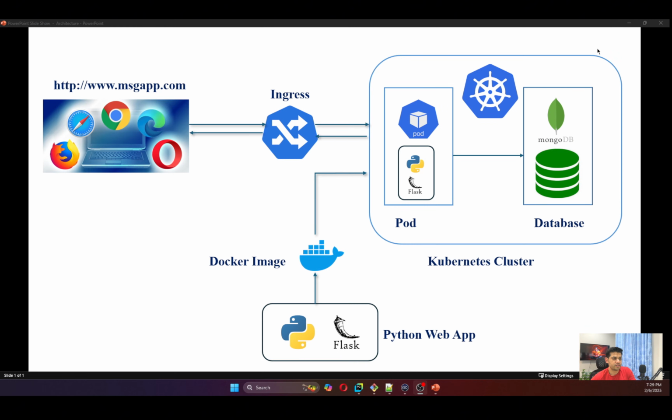So as we can see, this is the architecture of my application. This is my Python application which I have created using Flask, and we'll be creating a Docker image out of my application, and we'll be running it on a Kubernetes cluster. Here in my case I'm using Minikube. So I'm going to create a pod for my application using my Python image, which I'll be creating using Docker, and then I'll be connecting this Python application to a MongoDB which will again be deployed as a separate pod in